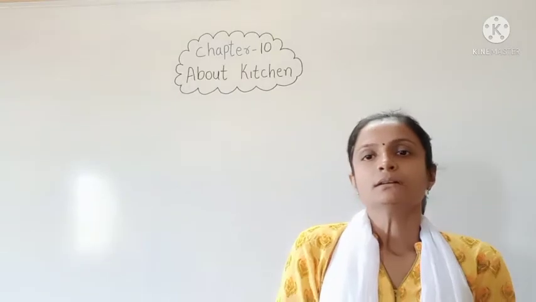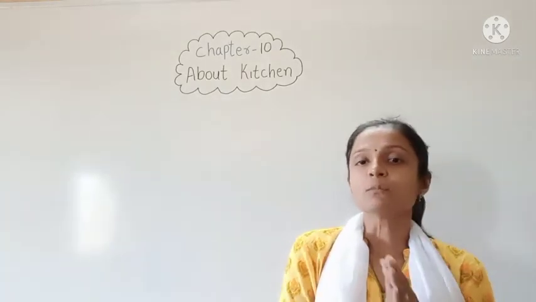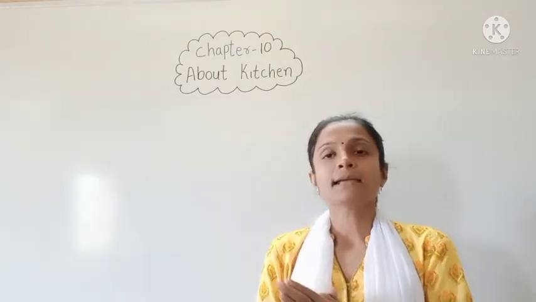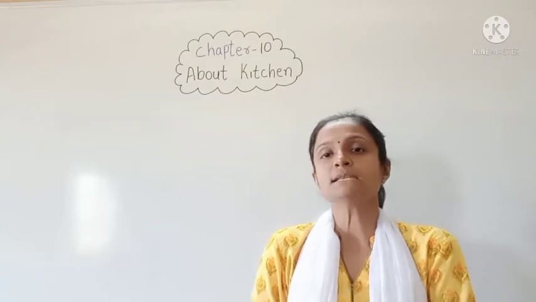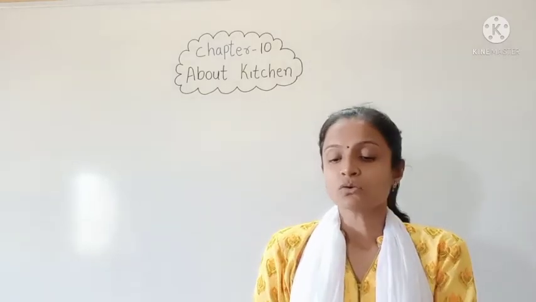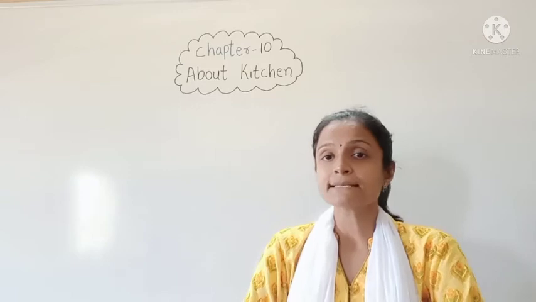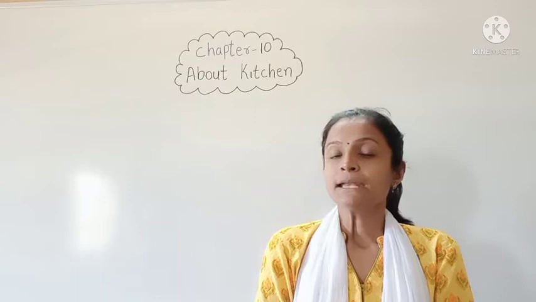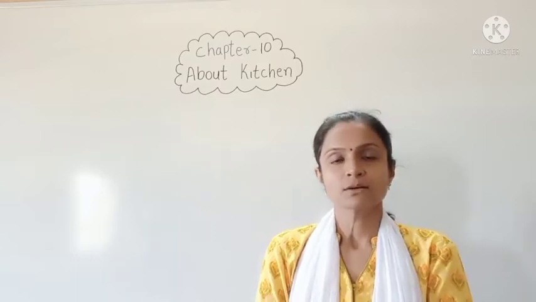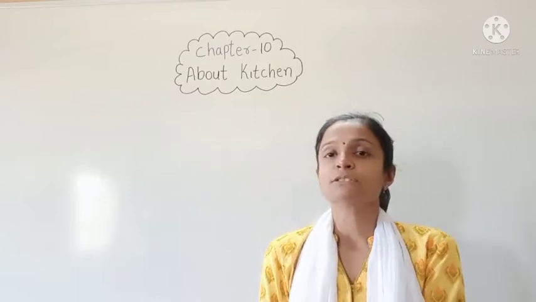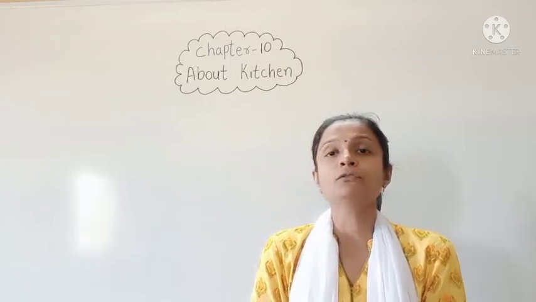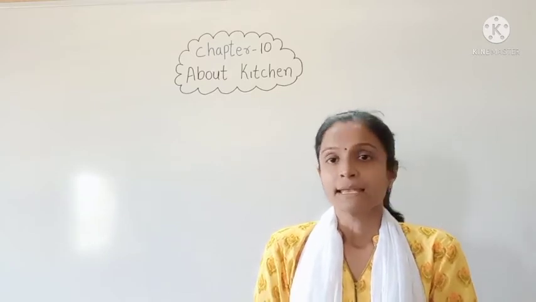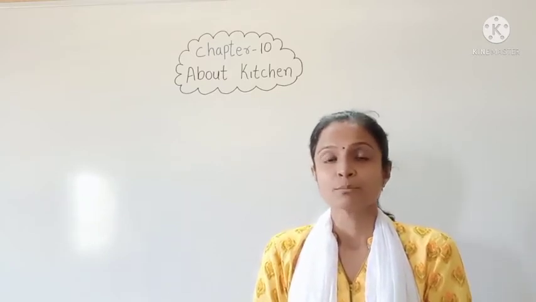Okay, here from this picture we have seen some of the utensils that are given in picture, but still there are many utensils used in the kitchen. So there is even one more exercise in this chapter. In that you have to write the name of other utensils. Okay, and do you know that these utensils are made of different materials? Okay, like steel, brass, bronze.